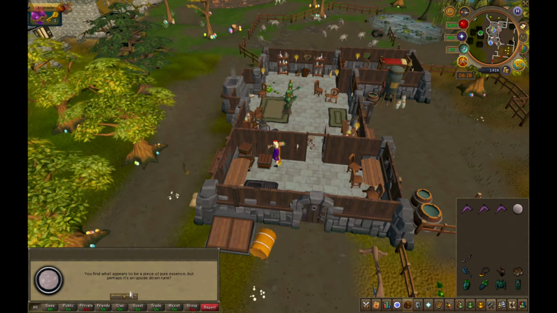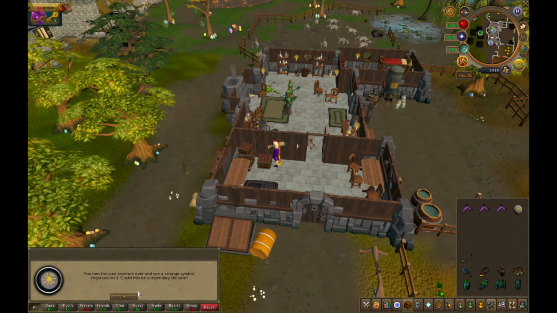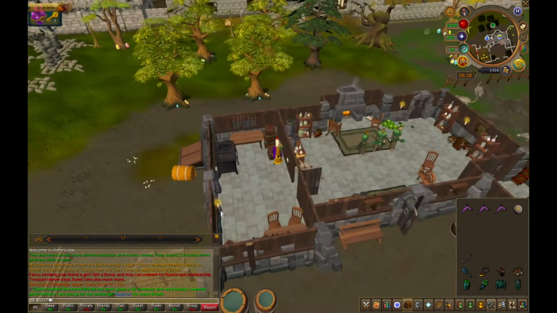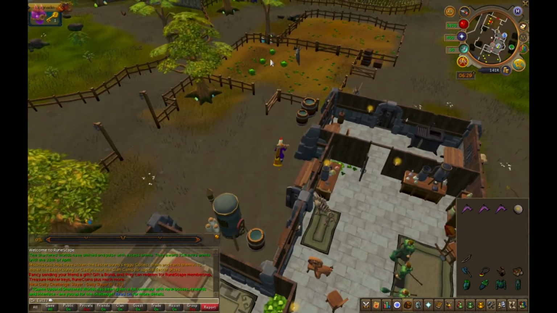So you're going to go over here and look in this crate, and you're going to find a thingamahoo of pure essence. If you right click it, you can actually flip it over, and that's the first thing you have to do. Then from there, you can see it changed. And then all you have to do is go through the instructions, and then go over here to the actual